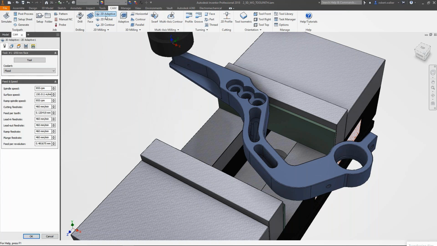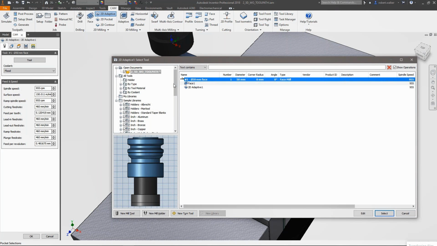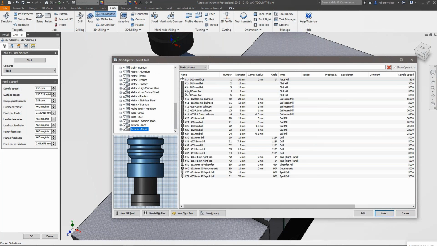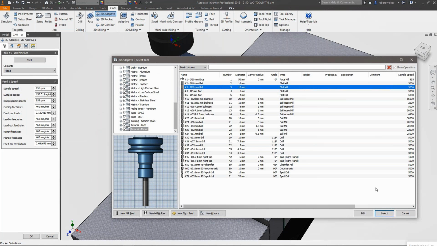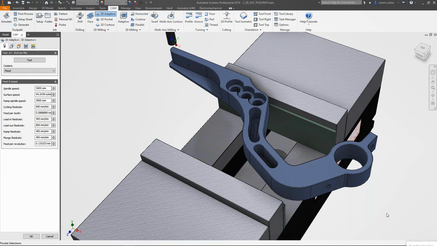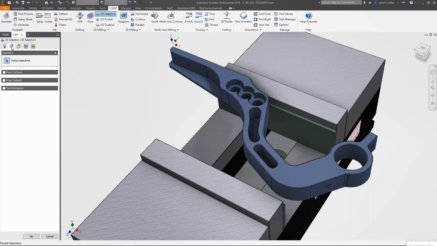So the next one that I'm going to talk about is a very quick workflow, which is the adaptive clearing. And here I'm going to let the software decide what is the best strategy for removing the first set of maximum material.